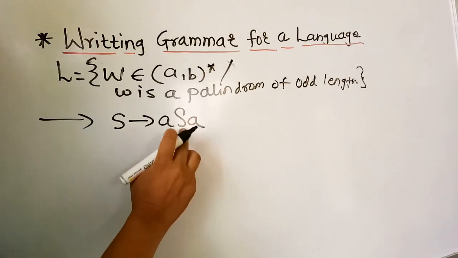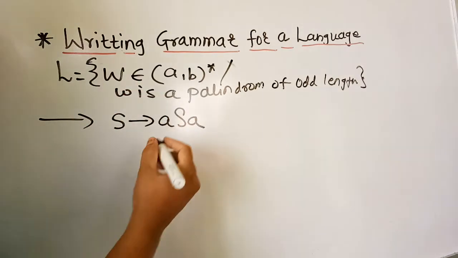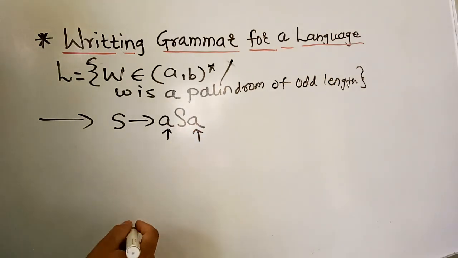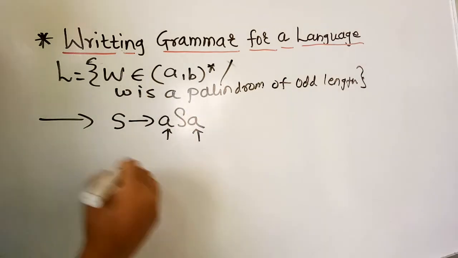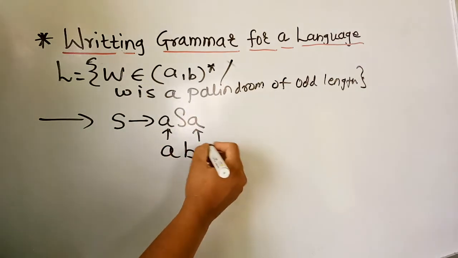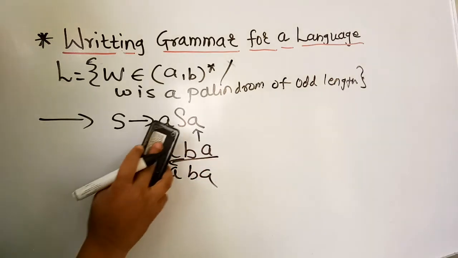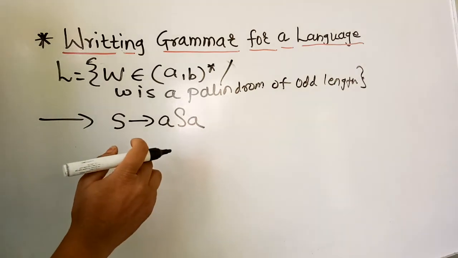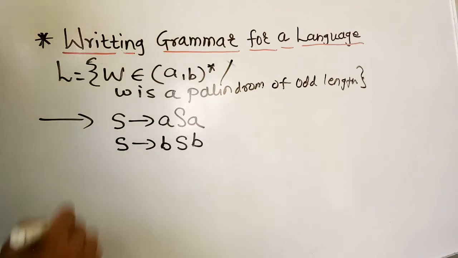So here S can be replaced with any letter. And for the palindrome mechanism, we know that if the left hand side and right hand side have the same symbol, then whatever the middle is, the reverse case will apply the same. Means, for example, it is ABA. Then if we reverse it, ABA is achieved again. For that case, we are taking the double A. And again it is the same case for B. So it is BSB.